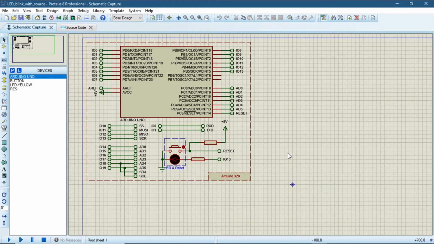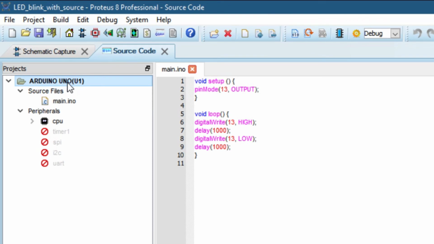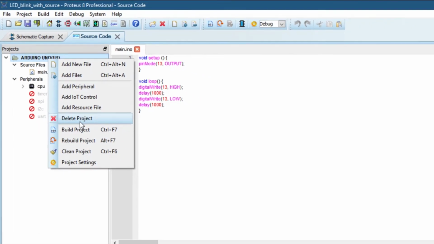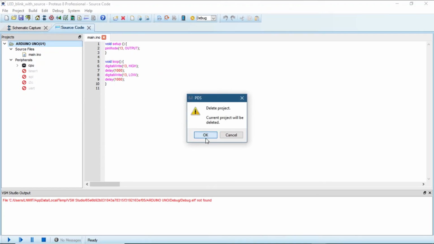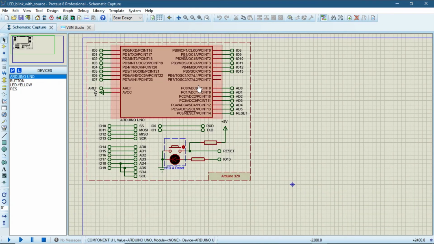So now let us explore one more way in which we can program the Arduino in Proteus. First of all we go to source code and we click on this Arduino Uno and say delete project. That means we are not going to use the code that is written in Proteus. So we are back in the schematic, and now we are going to use the code that is written in the IDE.